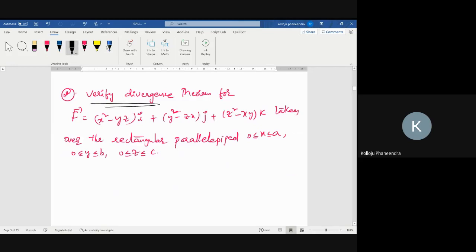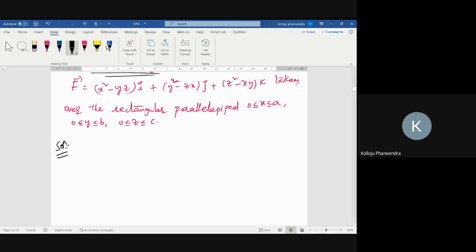Verify the divergence theorem for the given vector function f bar over the rectangular box, which is nothing but a parallelepiped. First, let me write the Gauss divergence theorem. The Gauss divergence theorem states that